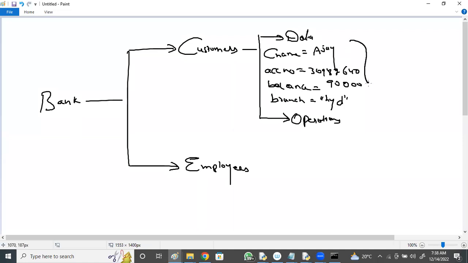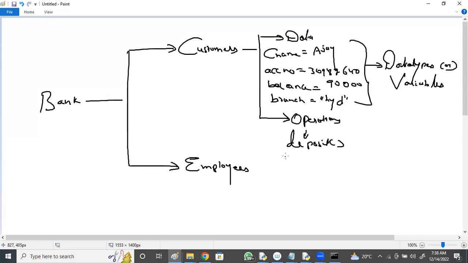So this is the data represented using data types or variables. Operations like a deposit operation, withdraw operation, transfer operations, etc. are all represented by using functions. Later we will discuss these functions, but data is represented using data types or variables.